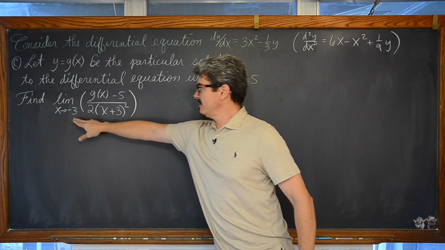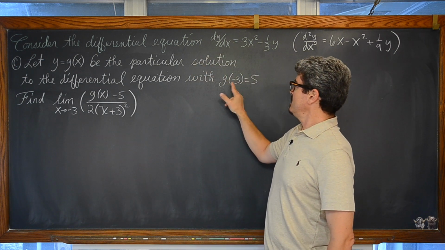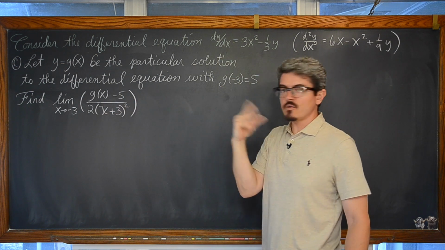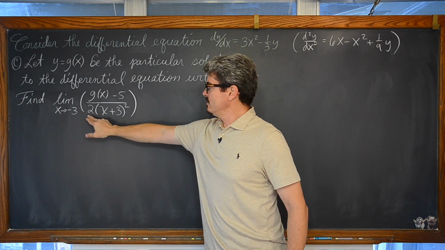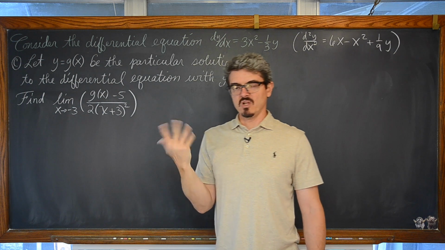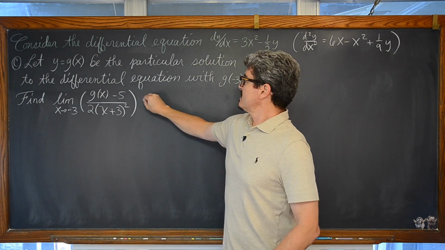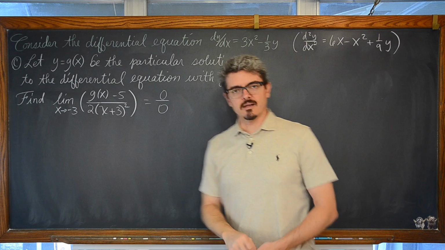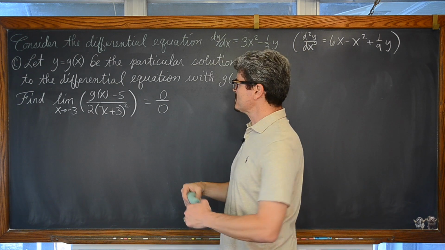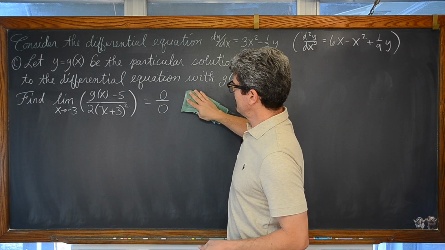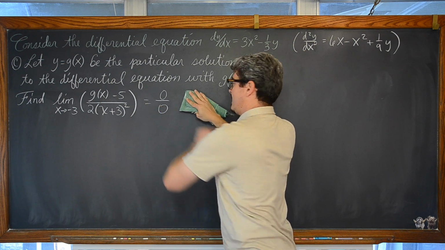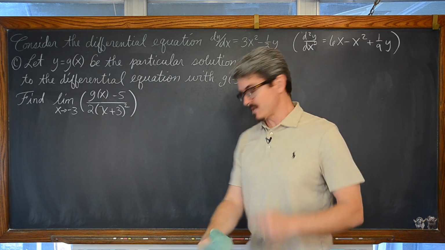If you let x equal negative 3, well, g of negative 3 is equal to 5, and 5 minus 5 is 0. Okay, no problem having 0 in the numerator, but then 2 times negative 3 plus 3 squared, well, that's 2 times 0 squared, which is, well, 0 again. This is illegal. Do not write that on a test, even though if you look at my wonderful video for L'Hopital's rule, I did use that notation initially, but that really is a form of indeterminate, and this is truly not going to be the answer to this question. That's considered linking error. AP will stop grading.